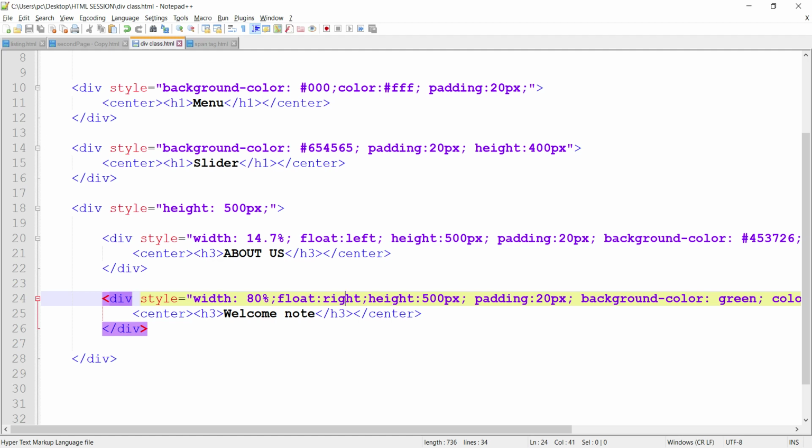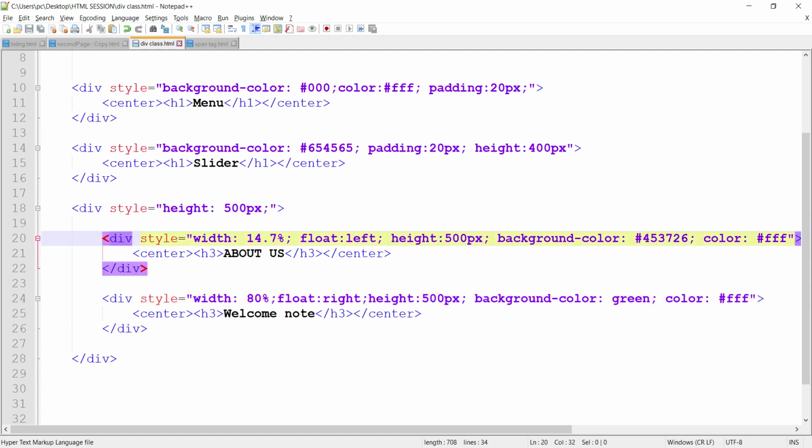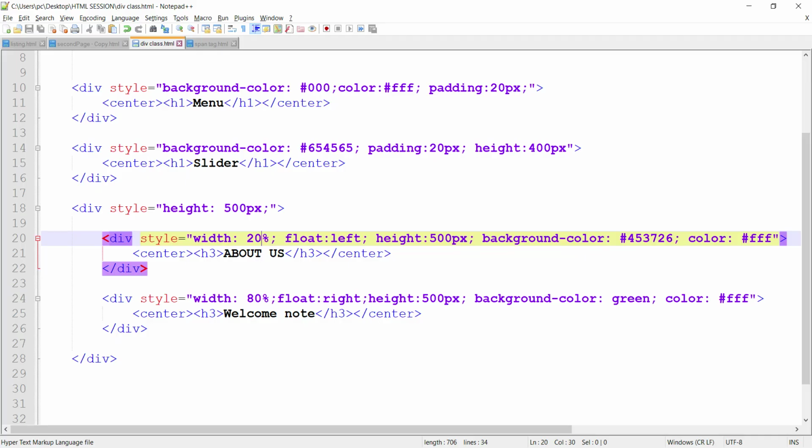If you remove this padding, let me make sure it is giving me 20%. Now see, it is 20% and 80%, meaning 100%, right?